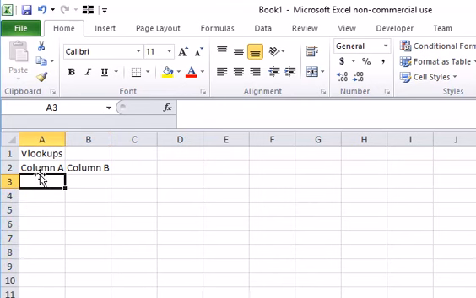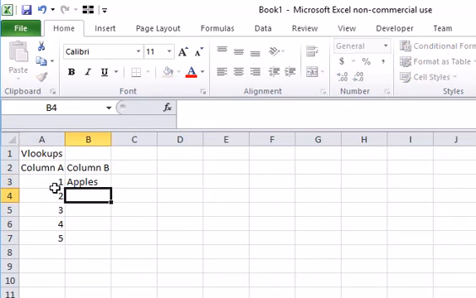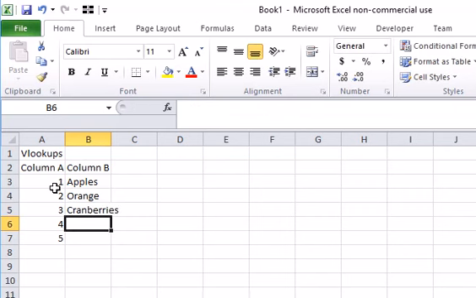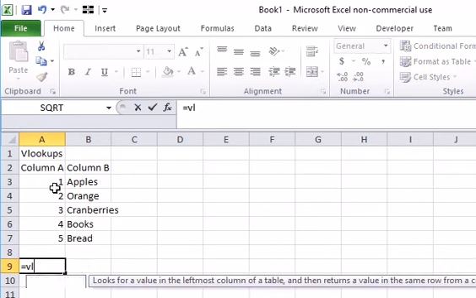Here we have column A, column B. Let's just put in some numbers right now. 5, and let's put in some descriptions. And here we go. Cranberries, I don't know, books, bread,